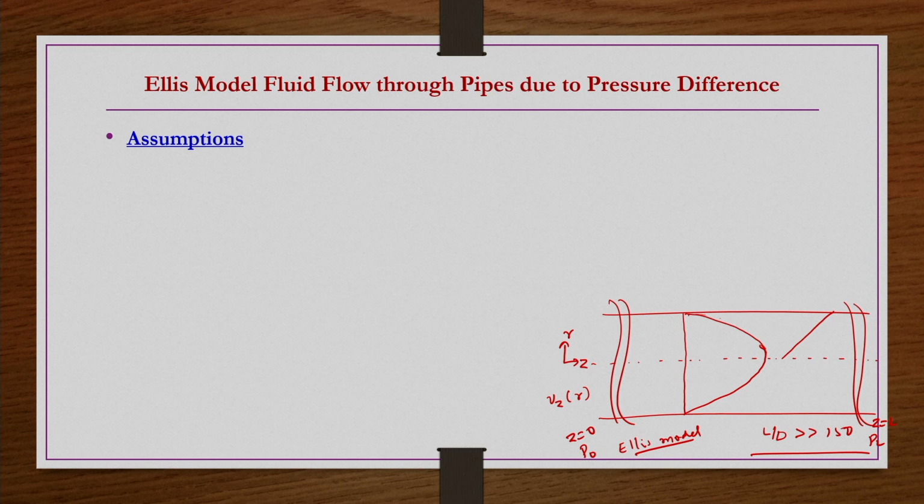and whatever we are going to do in today's lecture, that is only for the fully developed region. It is not valid for the entry region or exit region. Fully developed flow you can have when L by D is very large. Since compared to the previous lecture everything is the same except the fluid, we quickly go through the initial constraints, assumptions, simplifying of continuity equation, momentum equations, etc., because they are going to remain the same.